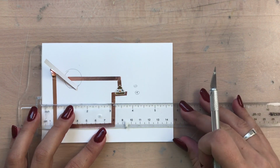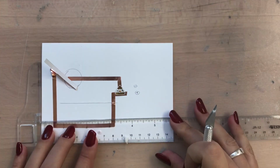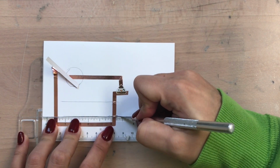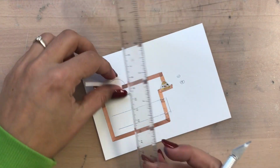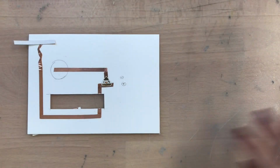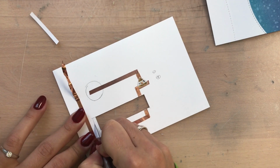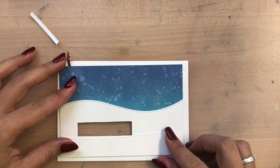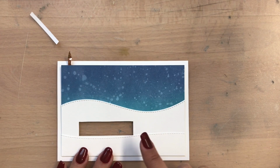Now back to the circuit. Now you have to cut out this little rectangle also. I know it's really crazy because you created the circuit and then you destroy it. But you want to disconnect your circuit because otherwise it will shine all day long. Now you can see there's nothing to see from the circuit panel. Everything is hidden, and this is how it will look